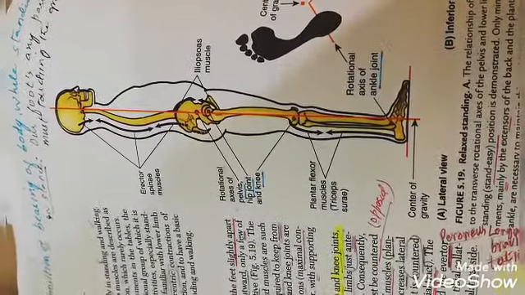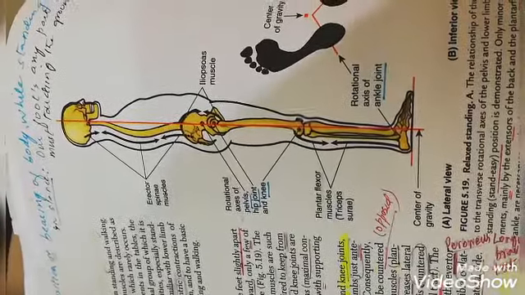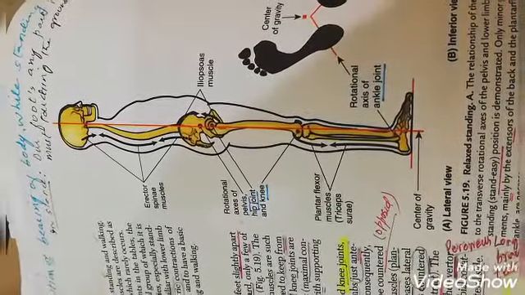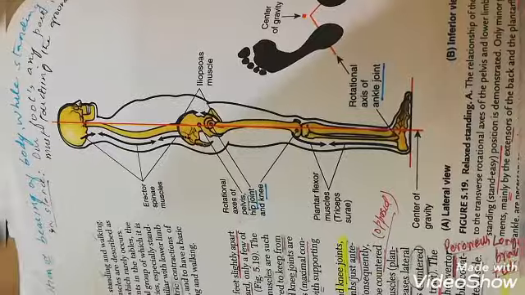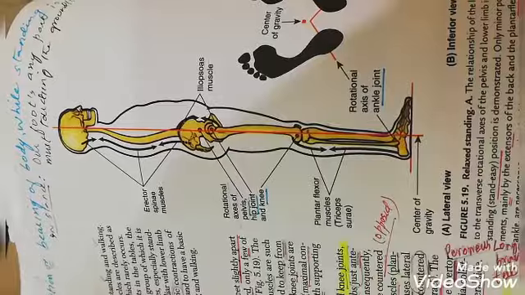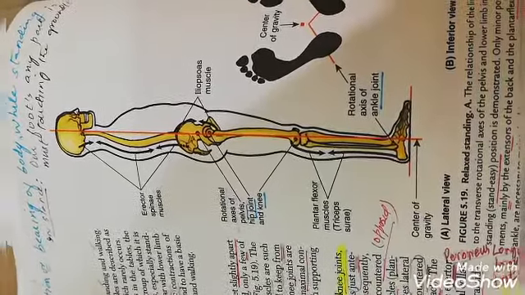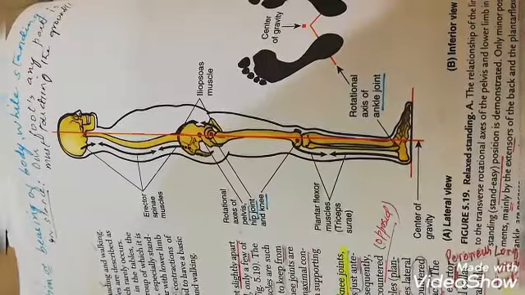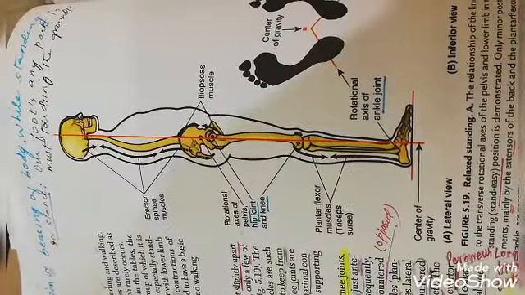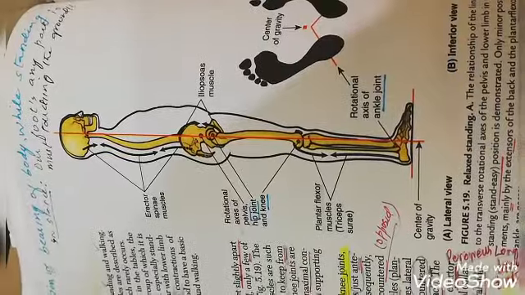Then we have to remember another important thing. Let's discuss that we have to cram the hip extensors, which are gluteus maximus and hamstrings. Then the hip flexors, which are iliopsoas and rectus femoris. Then you should know about the knee extensors, which are quadriceps femoris. Then you can mention the knee flexors, which are hamstrings. Now you should know about the dorsiflexors, like tibialis anterior, and then the plantar flexors, which are triceps surae,